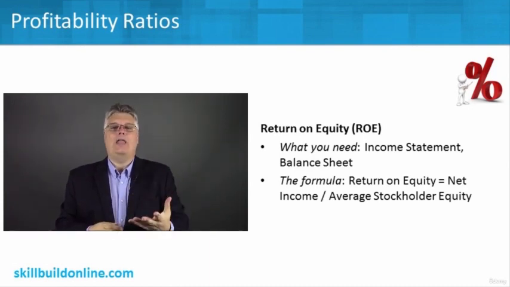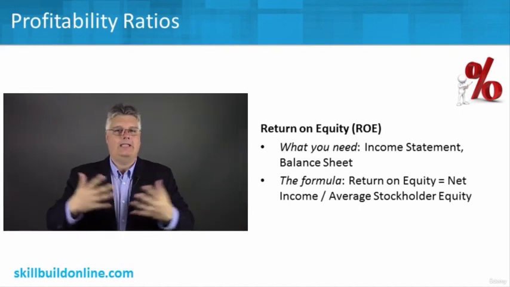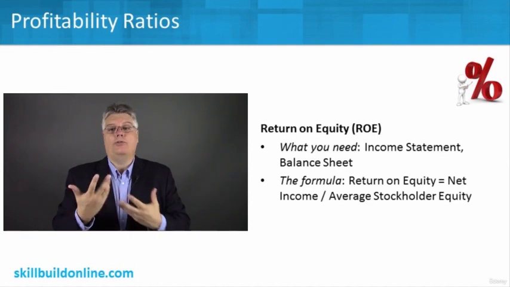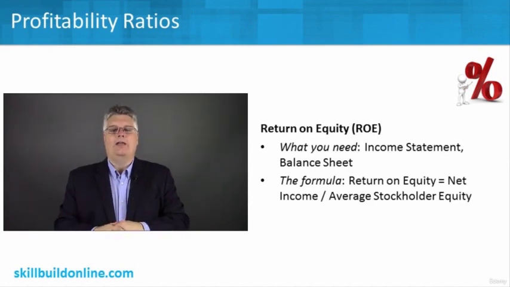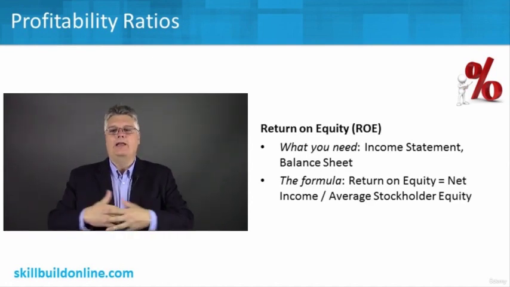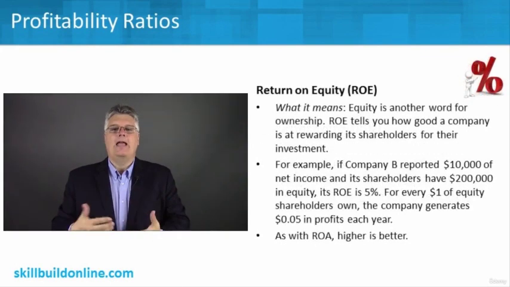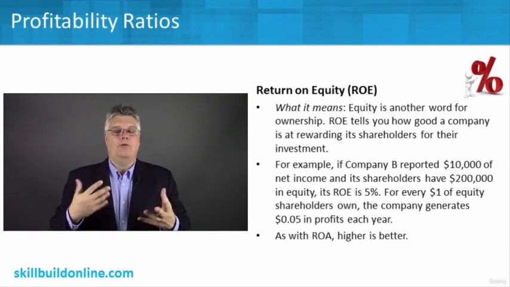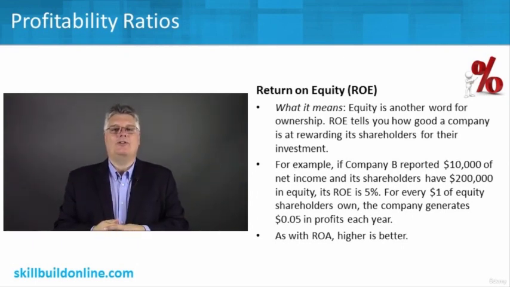Where ROA was all about how effectively we're using our assets, that is taken out in this equation. This is about shareholder equity, basically what we own. We're the owners of the company. Equity is another word for ownership, so to speak. And really ROE is saying how good is the company at rewarding its shareholders? How much money are we making per our dollar or per our investment? So as an investor, ROE is something we're very concerned about. We want to make sure that companies are giving us a good return on our investment from an operational standpoint,